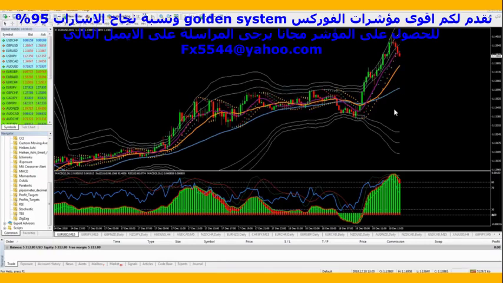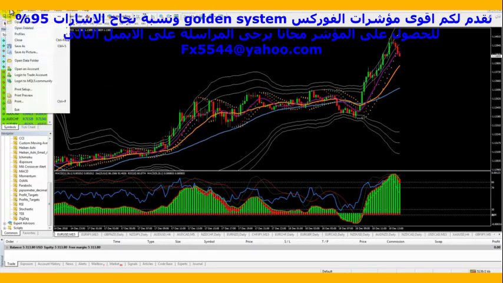As you can see, I've got the chart pattern all the way up to here, and I've got it set with this so that it actually gives me a bit of space over here on the right hand side. Now it makes it easier to obviously install things like the pip counter and other indicators, so that's where I tend to put it. So in order to install the pip counter onto your charts, you need to go up here to the top left hand corner to File, Open Data Folder,